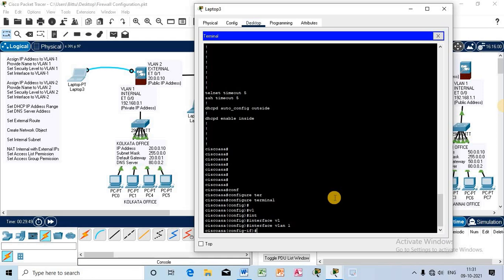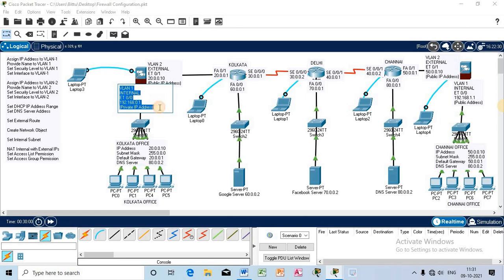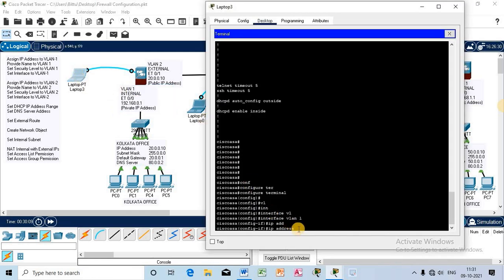I will assign a private IP address for the internal part of this organization. Observe the private IP address. Now this is VLAN 1. I have accessed VLAN 1. I will assign this IP address 192.168.0.1 as the private setup for the hardware firewall.